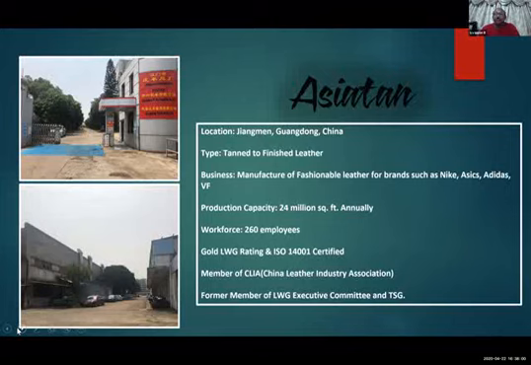We are also an ISO 14000 certified tannery, and a member of the Leather China Industry Association. We held a former executive committee membership and a technical subgroup membership in the LWG, and we continue to be a good partner with LWG in developing their industries as well as all the environmental aspects.